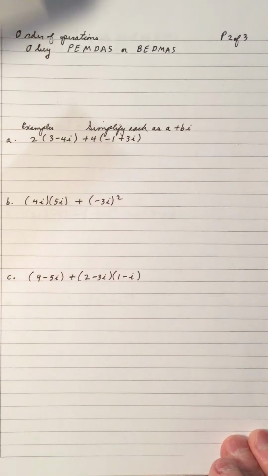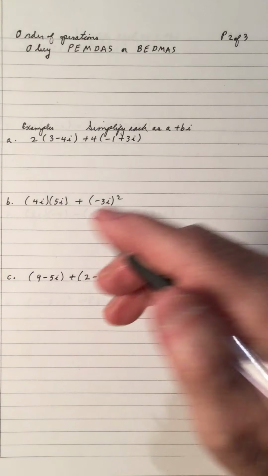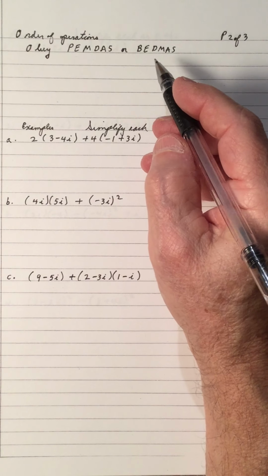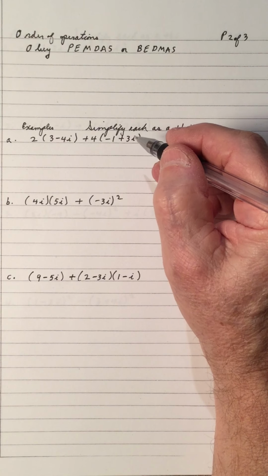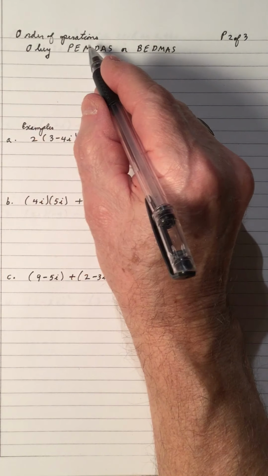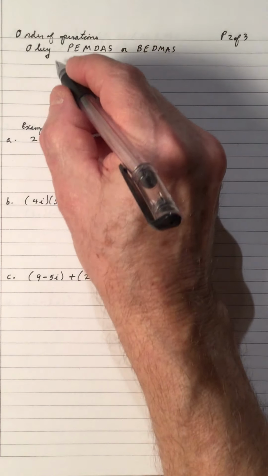Hi, welcome to my video on the order of operations on complex numbers. The order of operations is very important in math. It works with integers, polynomials, radicals. So we're also going to use the order of operations on the complex numbers. We're going to obey what we call PEMDAS or BEDMAS, and that is